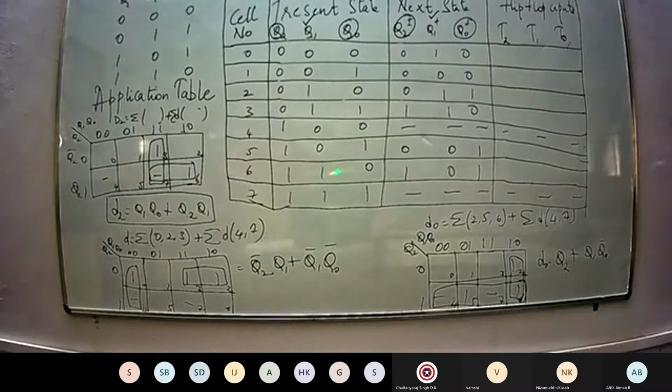You have to fill up only the flip-flop inputs. See the application table, fill up and tell me the answer. Nobody? Christy.